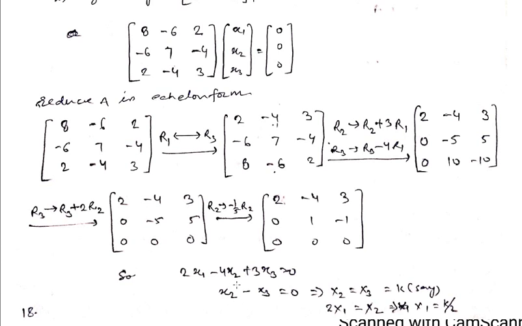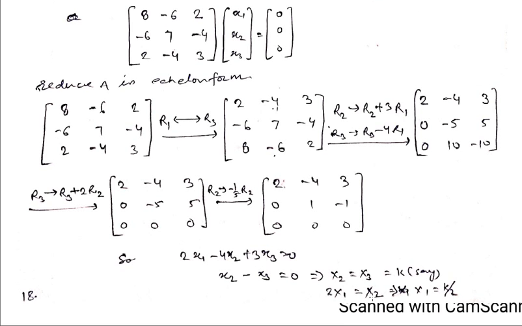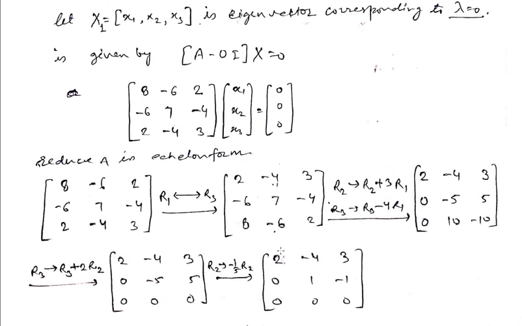There are 3 variables and 2 equations, so one independent variable, say let's suppose x3 is equal to k, where k is some non-zero arbitrary constant. So if x3 is k, x2 also becomes k. Now putting the value of x2 and x3 in this equation, we obtain 2x1 is equal to x2, which implies x1 is equal to half k. So capital X1, which is the root of